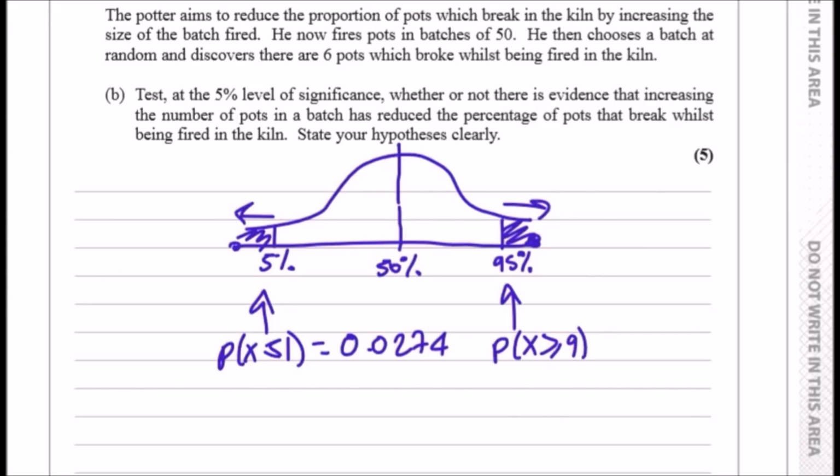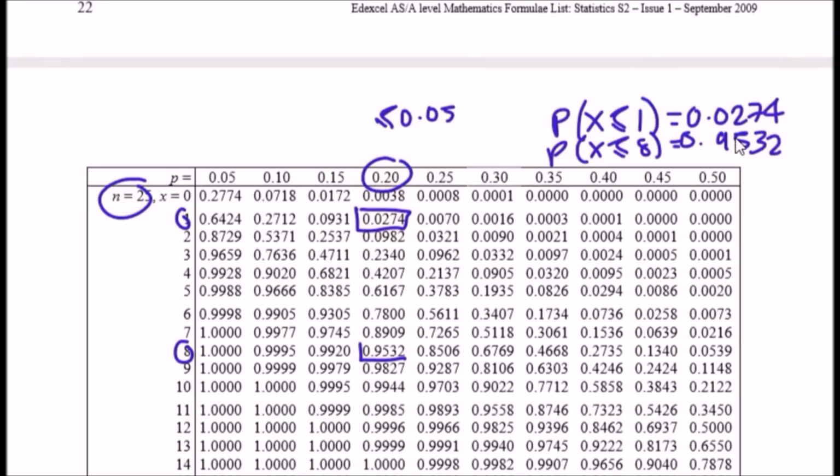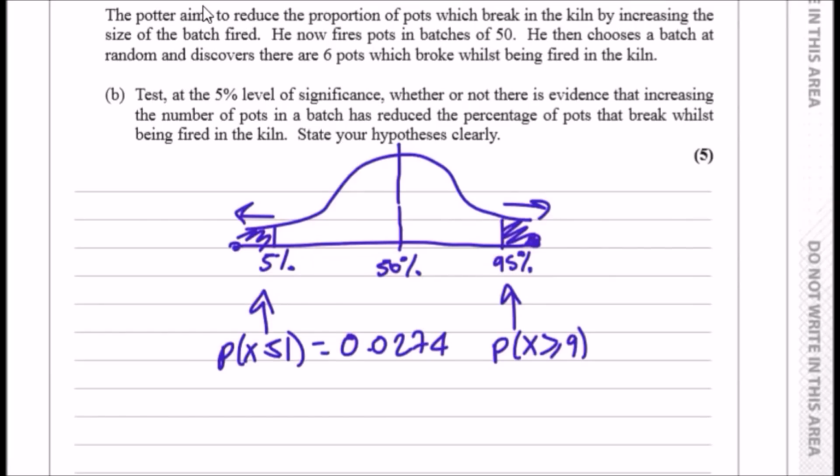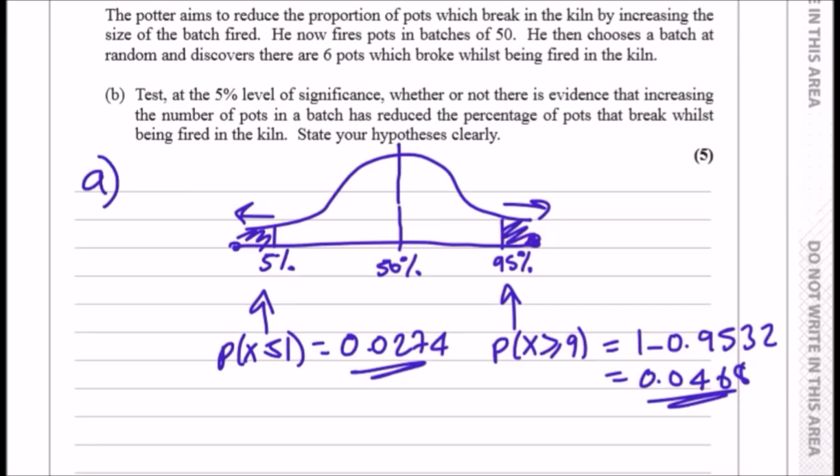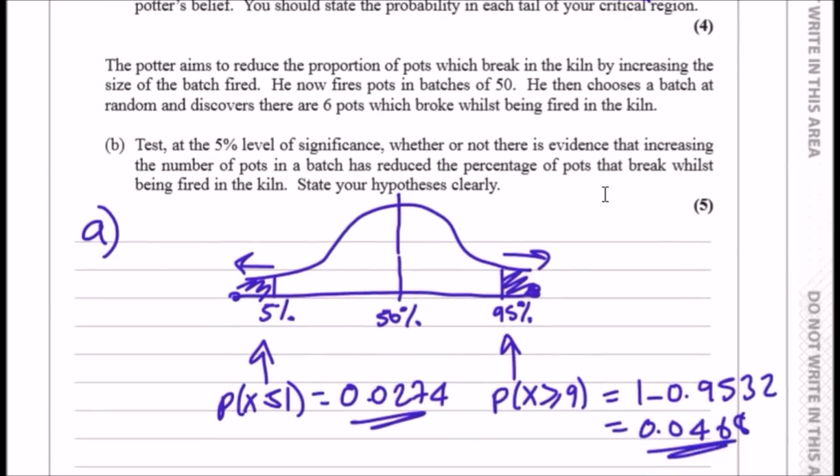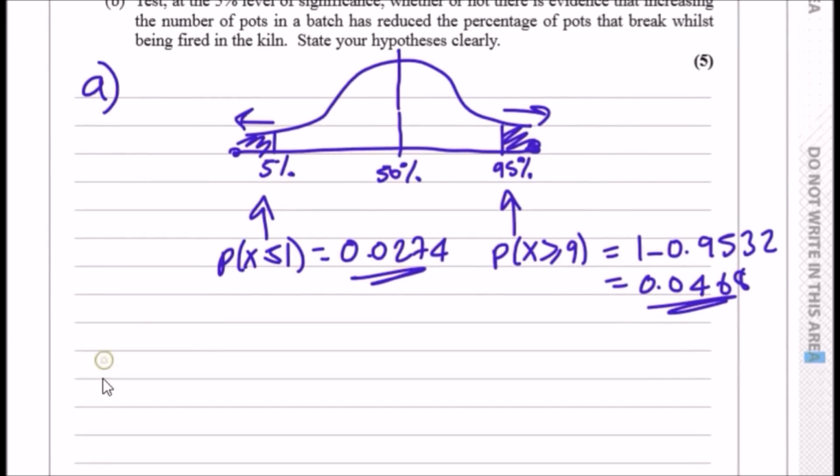The left hand side is less than or equal to 8, and that is 1 minus this term, so 1 minus 0.9532, and that's it. You should be done then. This small region represents exactly 0.0468. So ultimately we can say that the actual critical regions, which are the shaded part, lie between everything less than 1,